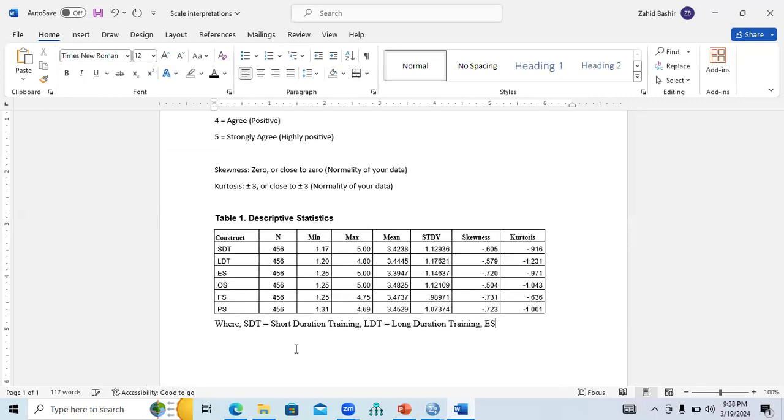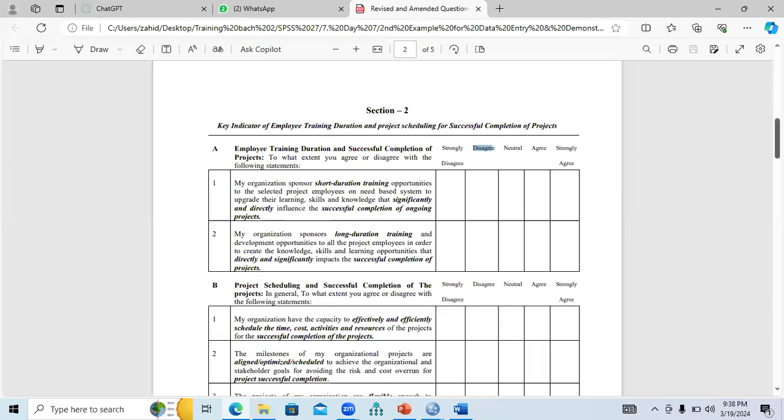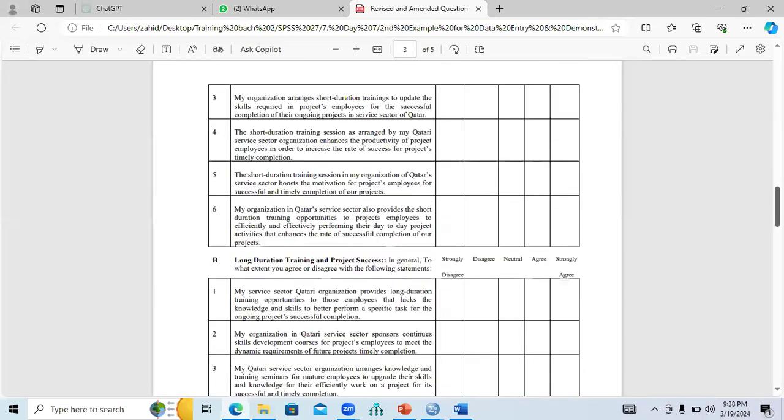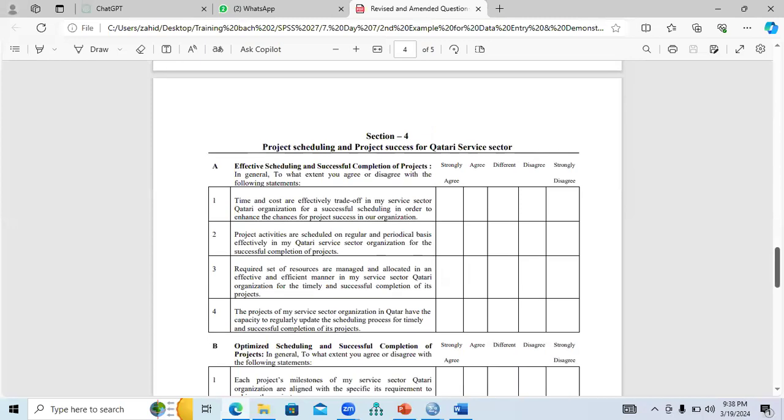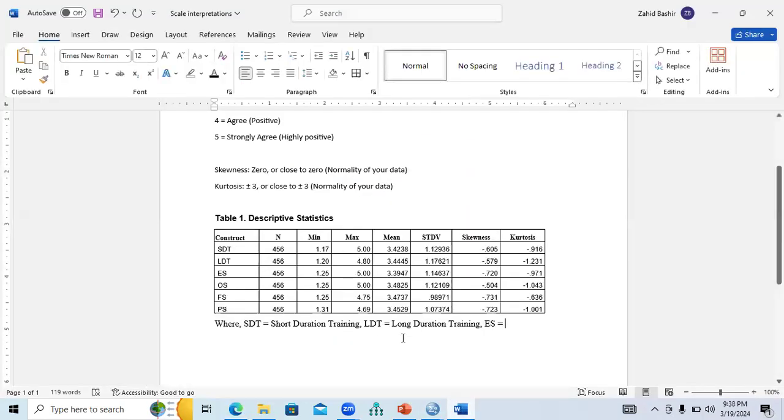What does ES mean here? If we see in the questionnaire, it means effective scheduling. So I need to write here effective scheduling. Next is OS, that is optimize